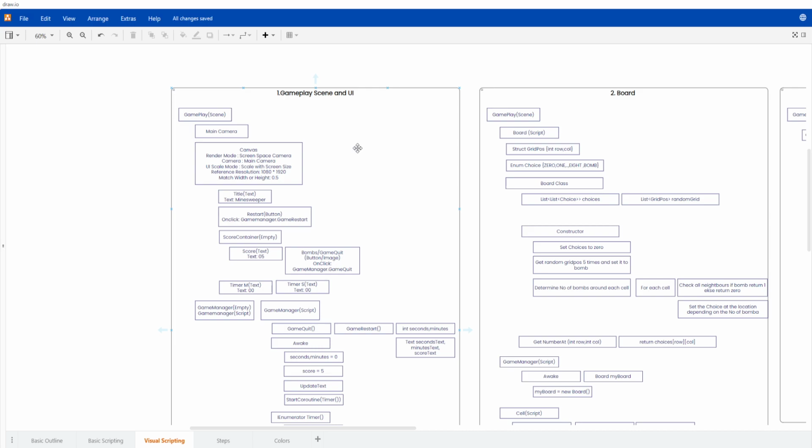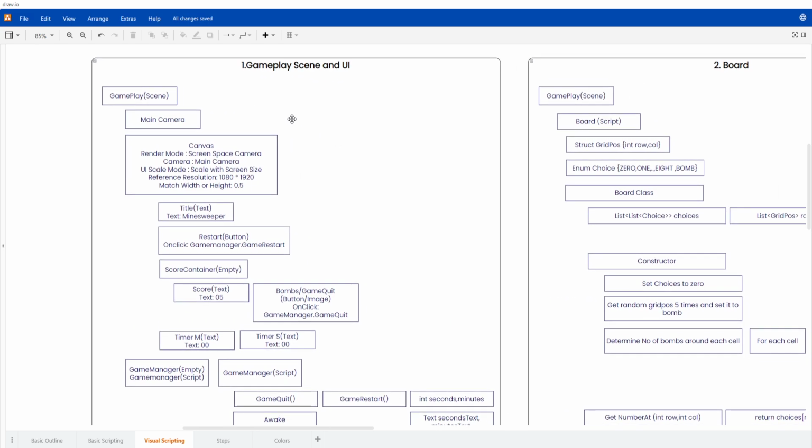So first let's create a gameplay scene, and it will have a main camera attached to it. Let's set the color of the main camera to the pure gray. We can get it by the color selector of the tile which we have imported. And then we have the canvas: set the render mode to screen space camera, camera to main camera, and the scale mode to scale with screen size. So it can fit on any screen size, and it will have the title text and the restart button,